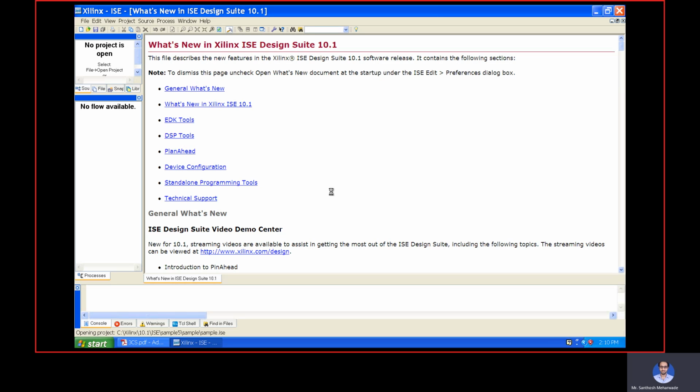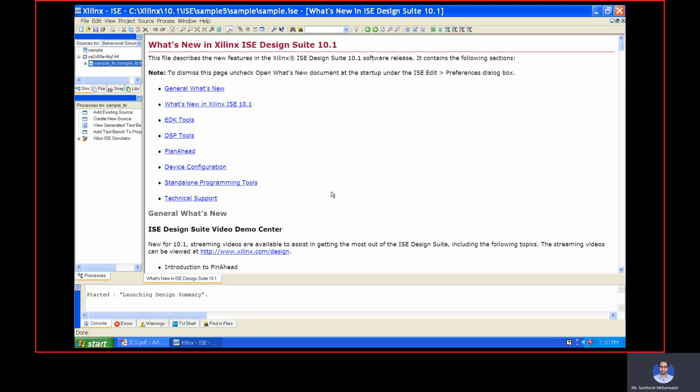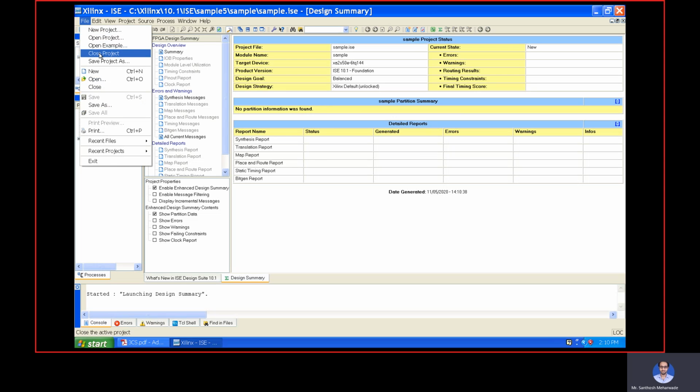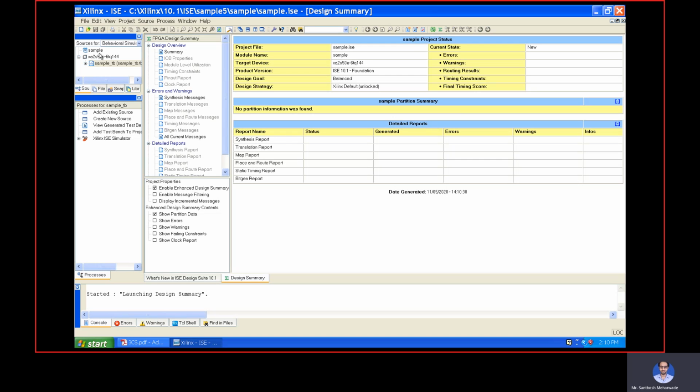One more thing: I am running on the Windows XP operating system, hence you can observe some slow movement. Some unwanted windows are popping up. So what I will do is go to File and click on Close Project.